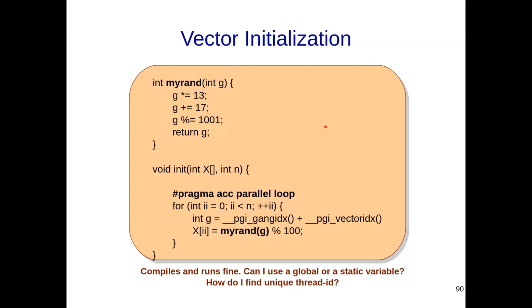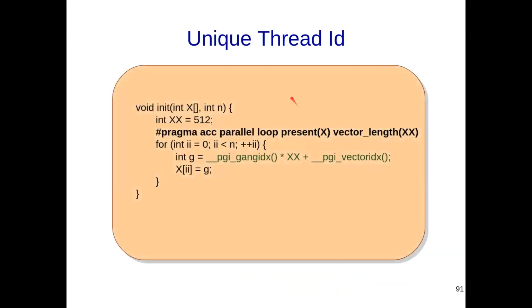All right, so let's come to this second question. How do I find out the unique thread IDs? Okay, and we know the formula: gang ID times the number of threads in a gang plus the thread number inside the gang, which is provided by this vector IDX. So that essentially is going to give me this, this is the formula. The number of threads within a gang,